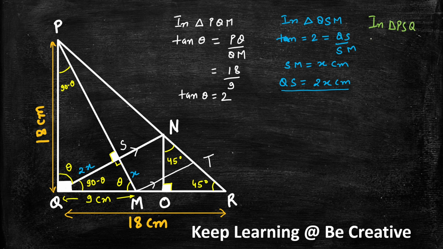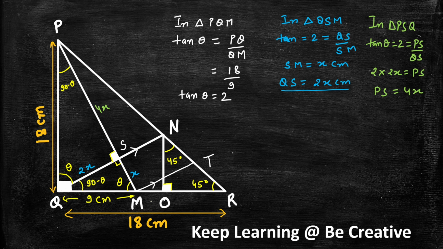If I apply tan theta, that is equal to 2, and that ratio comes out to be perpendicular over base. In this case the perpendicular will be PS, and the base will be QS. So this comes out to be, as I have taken QS length as 2x, 2 into 2x, that is equal to PS. So PS length comes out to be 4x. So this ratio I can write as this value, I can write as x, and so I will get the